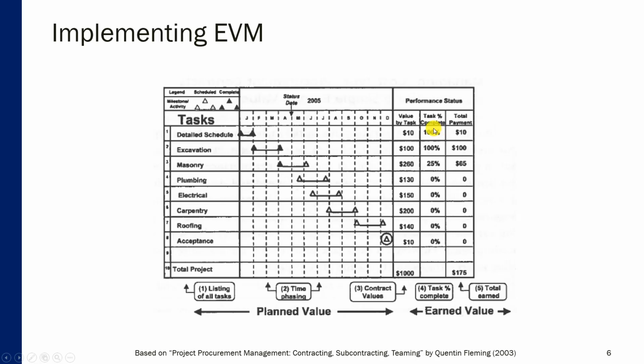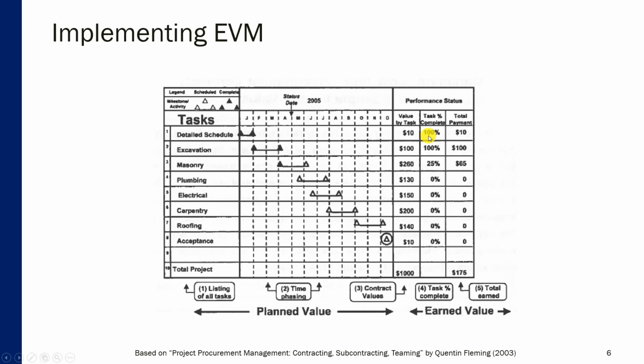Now let's say that the budgeted cost for performing these two tasks was $10 and $100 respectively, and then you also have task completion progress. For both of those tasks, the task has been completed in its entirety. So we have 100% completion by early April for both tasks. And then let's say you ended up spending $10 as budgeted for the first task and $100 for the excavation task as budgeted. So in this case, the CPI is 100%, because